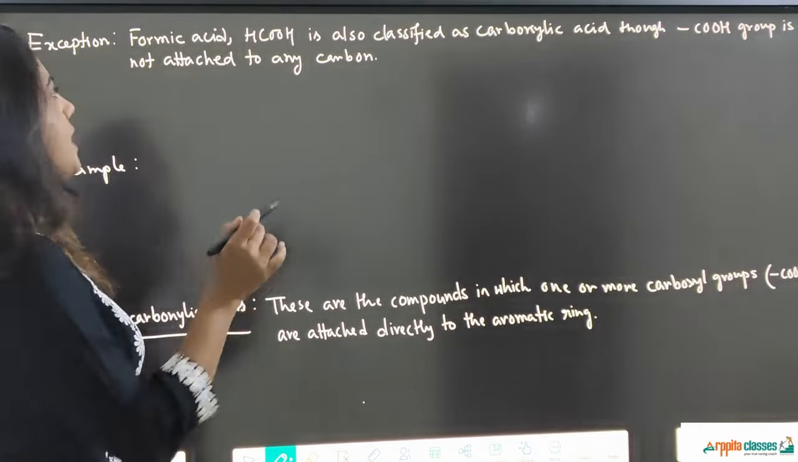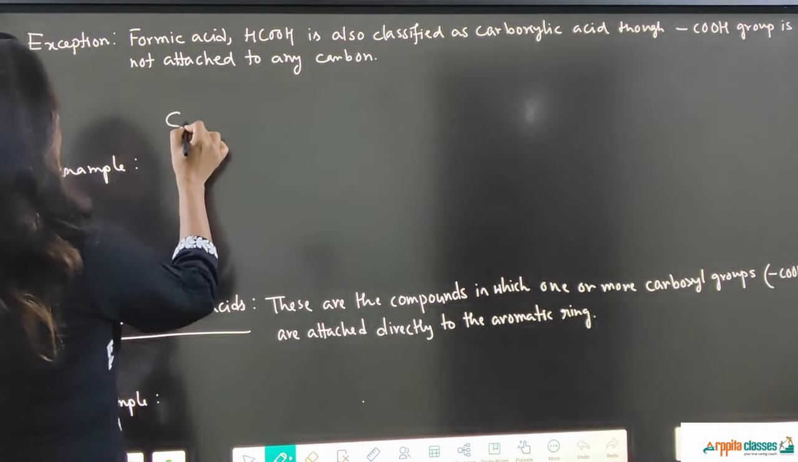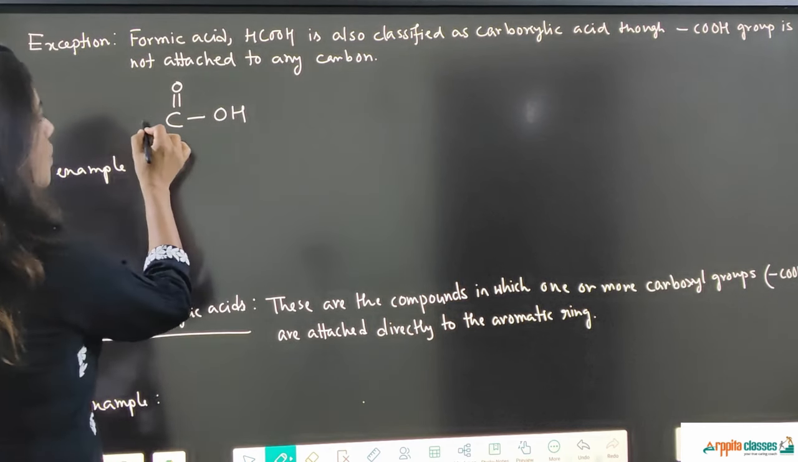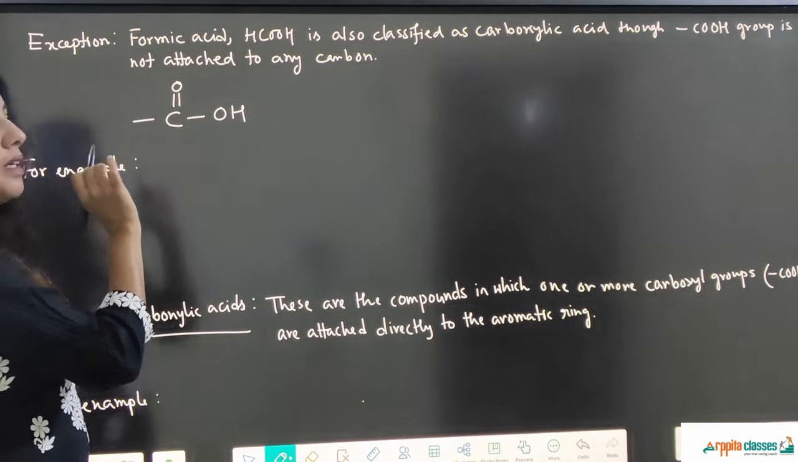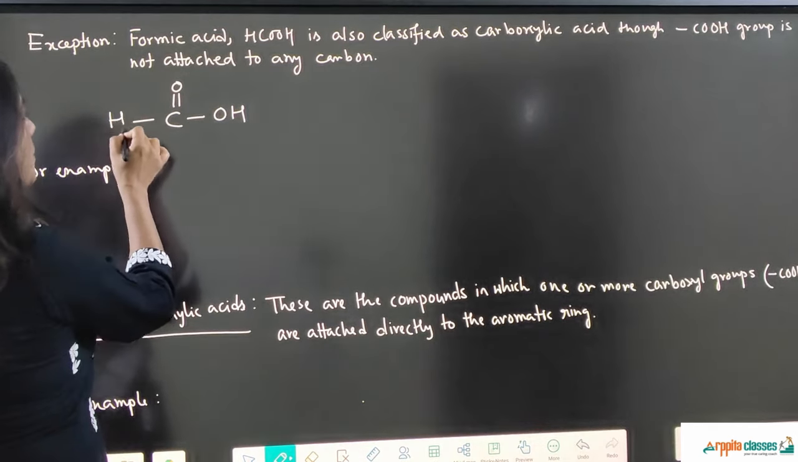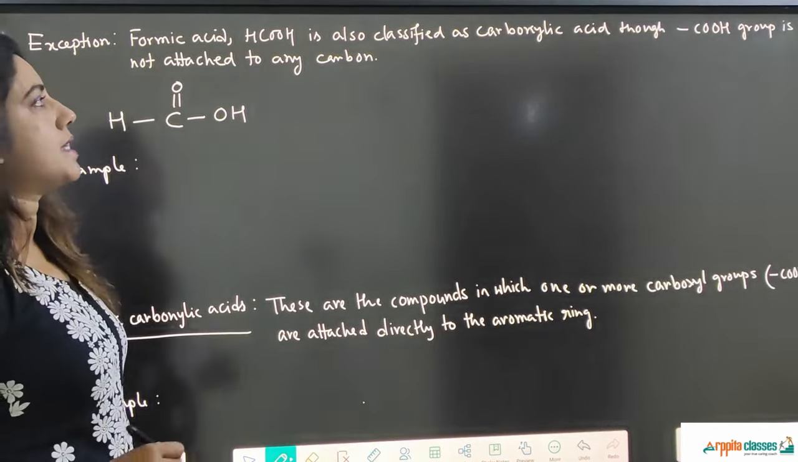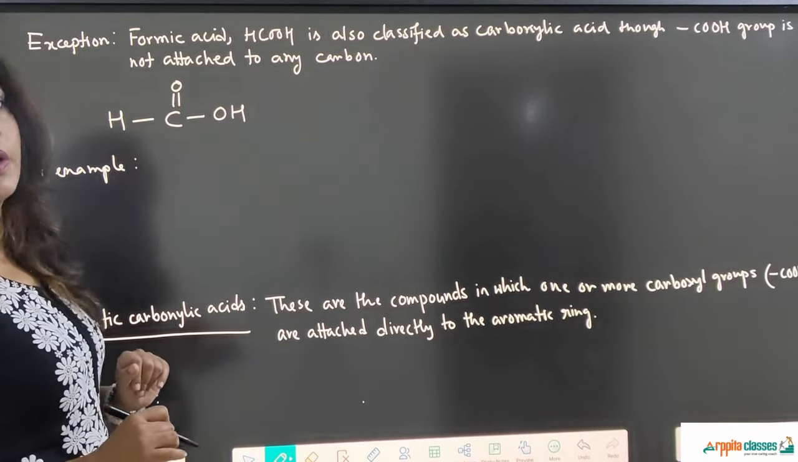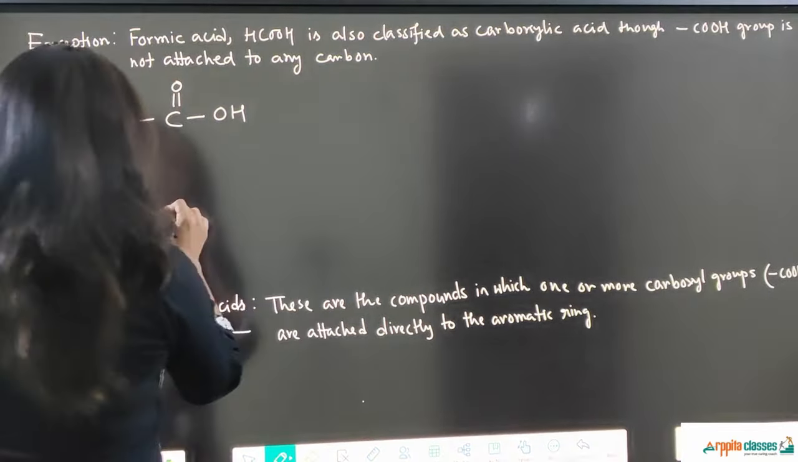Here one exception is there, formic acid. Formic acid has the COOH carboxyl group, which should be attached to a carbon, but here it is attached to a hydrogen. But still, formic acid is considered to be an aliphatic carboxylic acid only. Okay. Another example is say